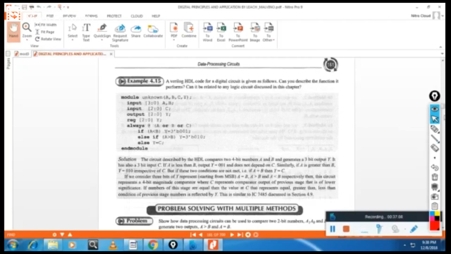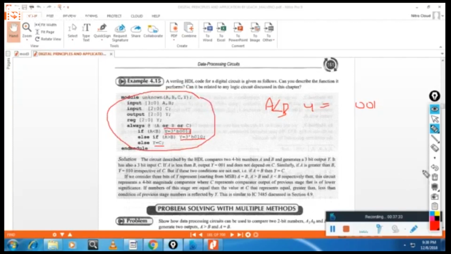If A is less than B, Y is equal to 0 0 1. How to write this one in this format? Y is equal to 3, this symbol B means bits or binary 0 0 1. Else when A is greater than B, Y is this one, or else Y is equal to C. This is the solution.